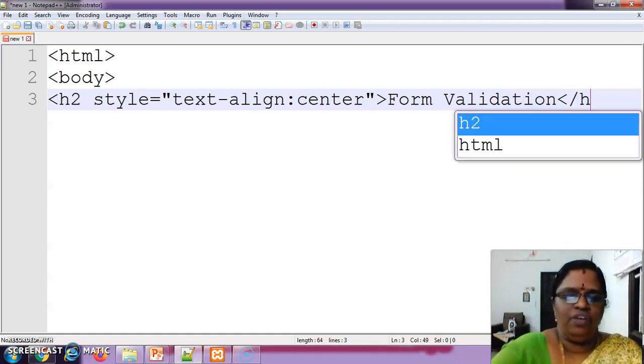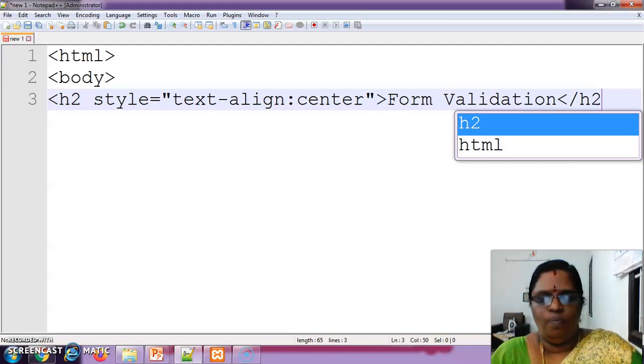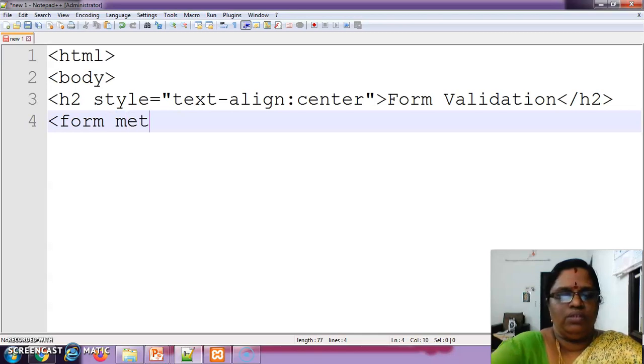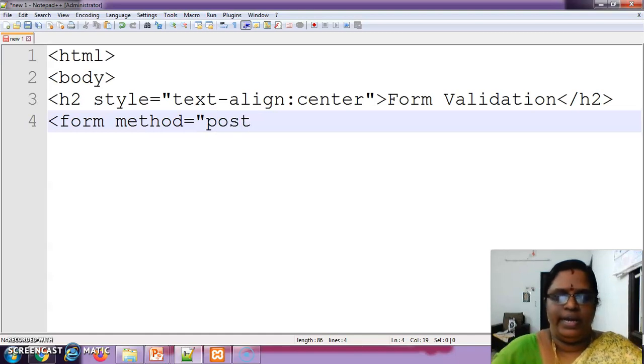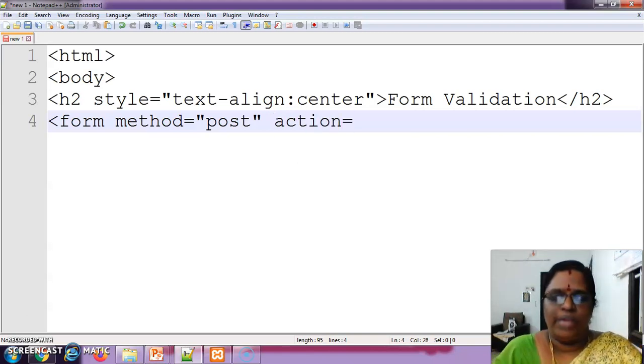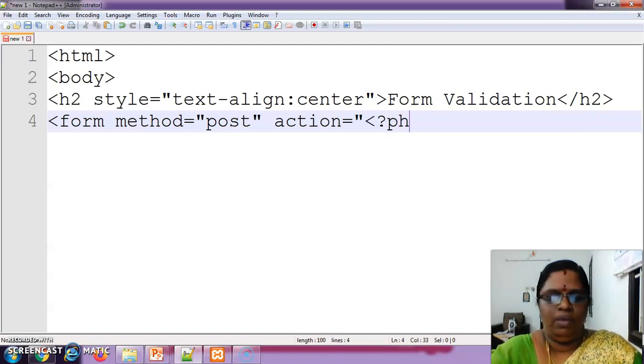Form validation. We are going to see form validation. And here form method is post. Method is post. And action is, instead of any other PHP program, I am giving PHP self.